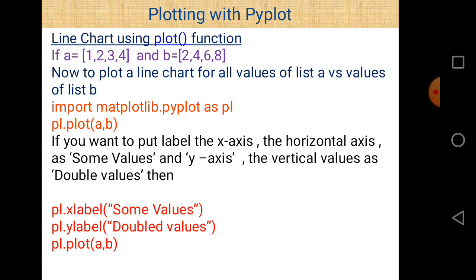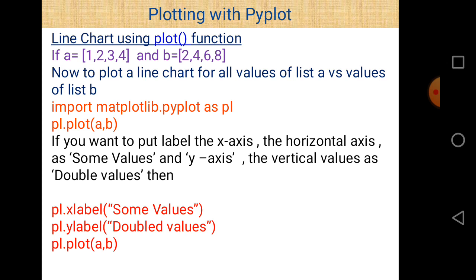Matplotlib is the name of the library, and pyplot is a collection of different methods related to matplotlib. So if you want to use matplotlib.pyplot, just write pl, and after that put the dot operator, and after that the name of the function. To plot a line chart, the function is plot. So you can easily plot different values.